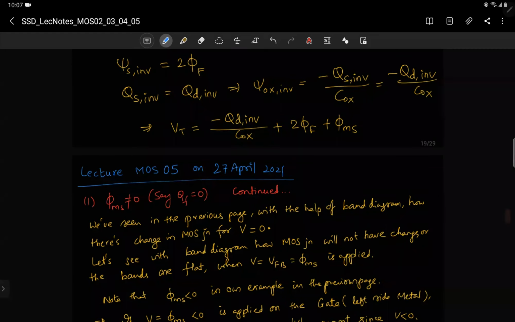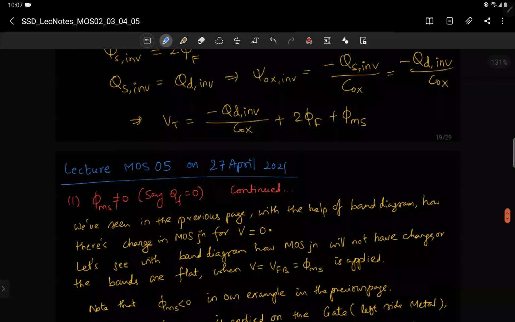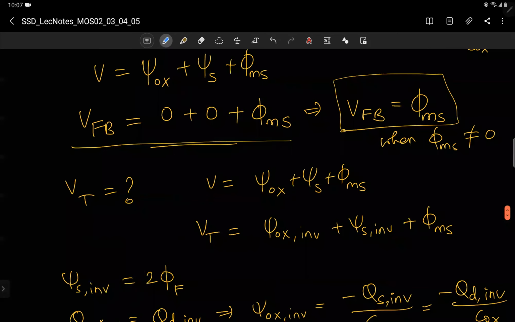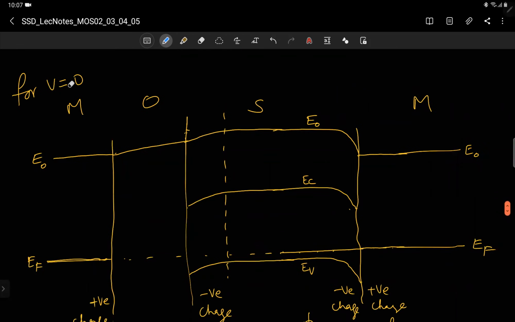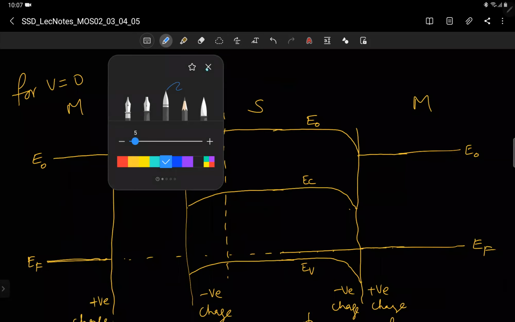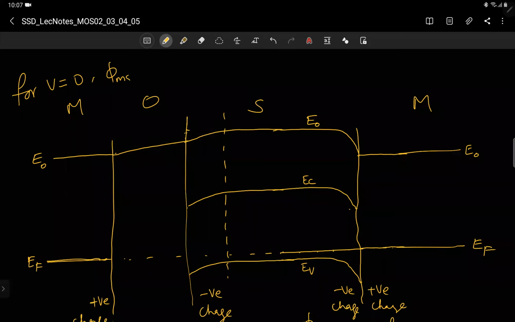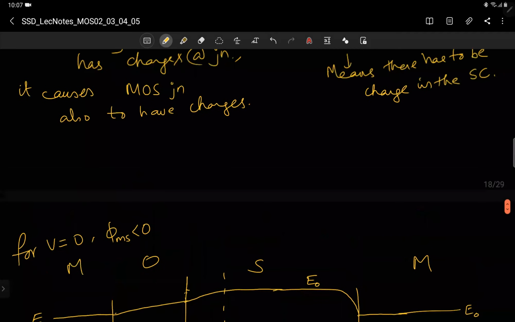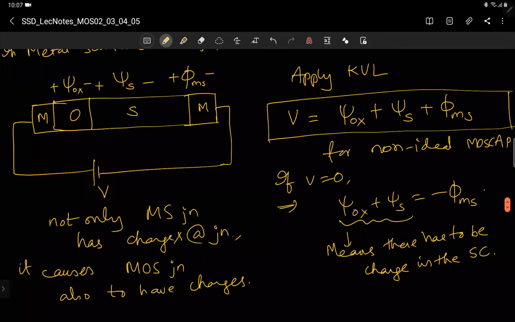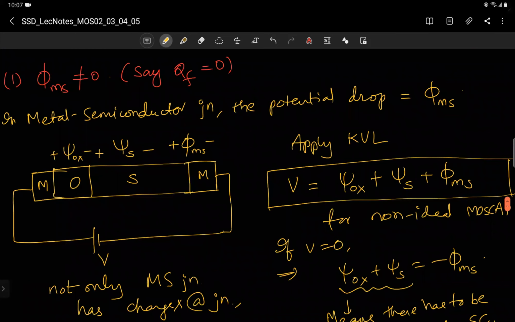So if we saw what we were discussing in the previous class, I intended to write V equal to 0 here instead of V greater than 0. Okay, so keep that in mind. Maybe I should write this case also, phi ms not equal to 0, phi ms less than 0 here. Okay, so we have phi ms not equal to 0, and also let me make sure that we explicitly take